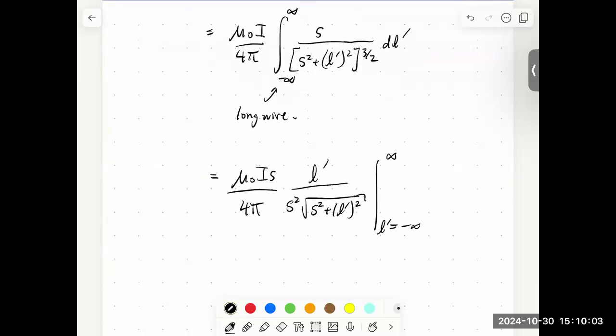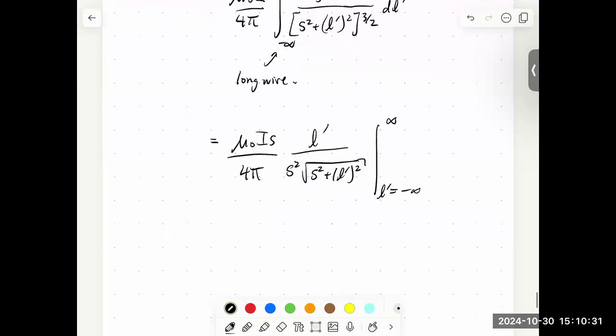Well, let's see what that's going to do, because we're going to end up with infinity. Let's do the upper integration limit. We'll get infinity divided by the square root of s squared plus infinity squared. That's just going to be infinity squared, take the square root, it's infinity. So it's the infinity from L prime divided by the infinity from L prime. It's going to be a +1 factor. So that's going to be mu naught I s over 4 pi. I'll put the s squared over here. And then we would get 1